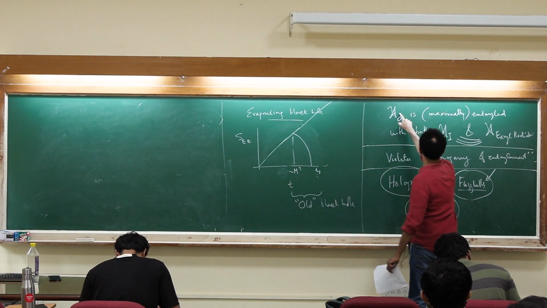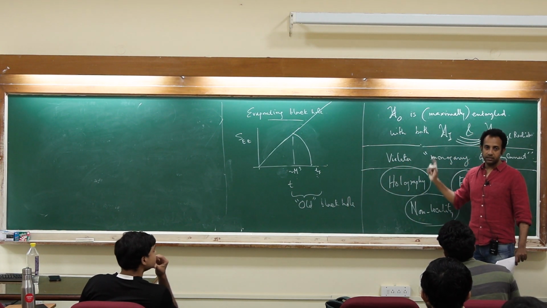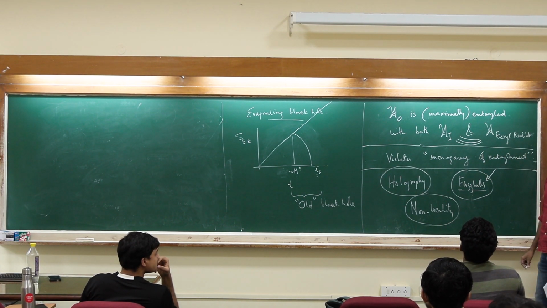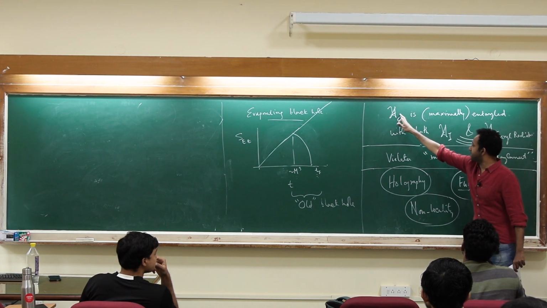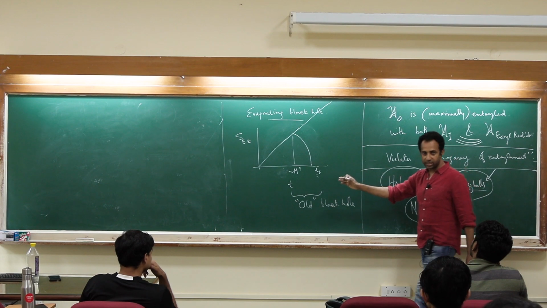No. So this and this has to be entangled. It's not the same statement that this and this are the same. No, not that. Yeah? Early radiation and the later radiation. So this and this has to be maximally entangled, and that's coming from the Page curve, because otherwise the information won't